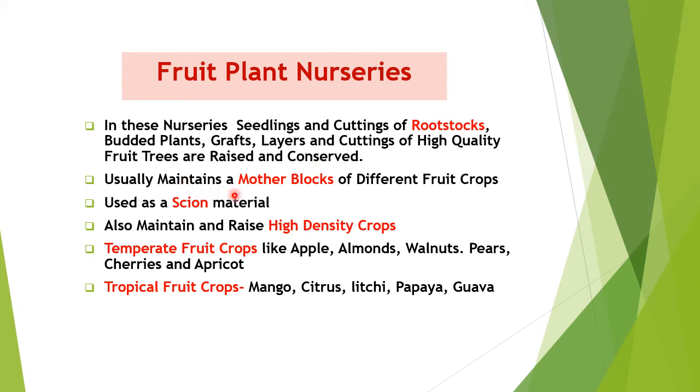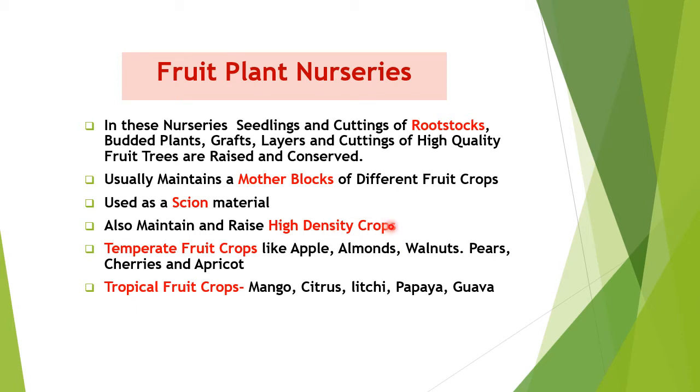Usually it maintains mother blocks of different fruit crops, used as scion material, and also maintains and raises high density crops. This time there is a craze and demand for high density crops, especially in apple